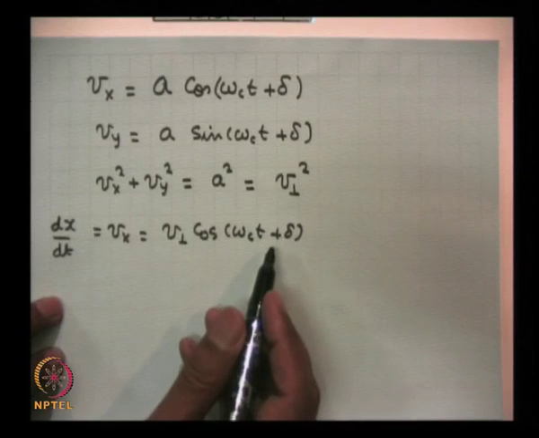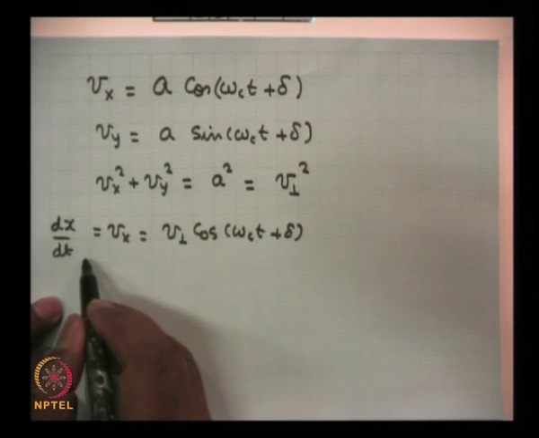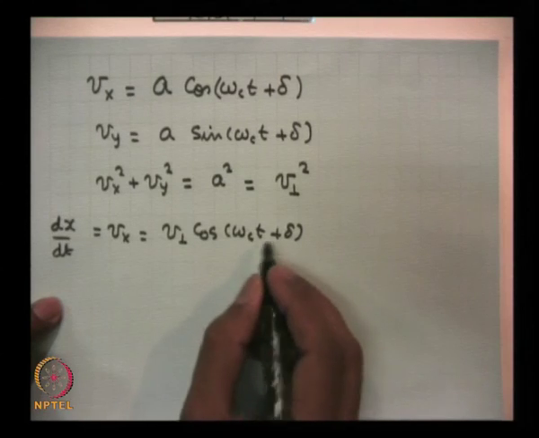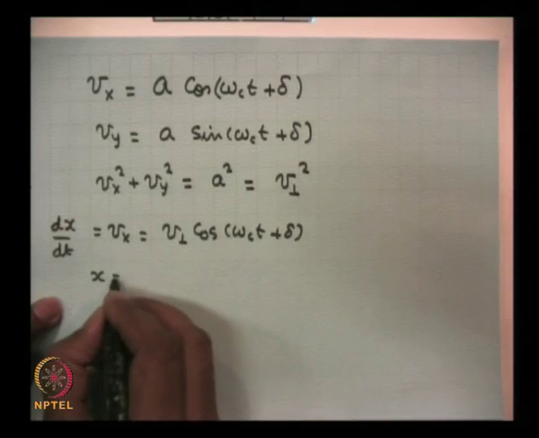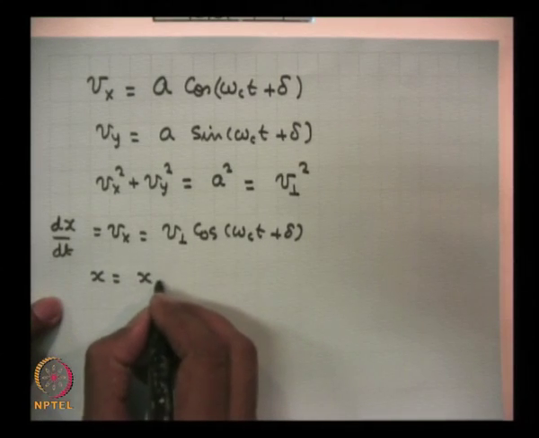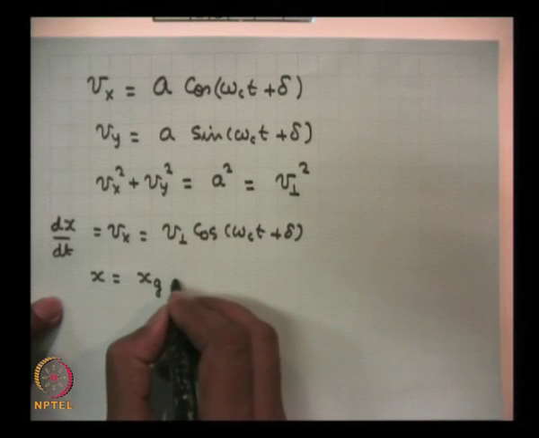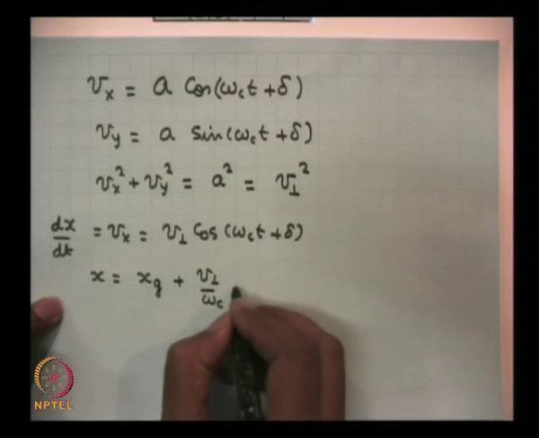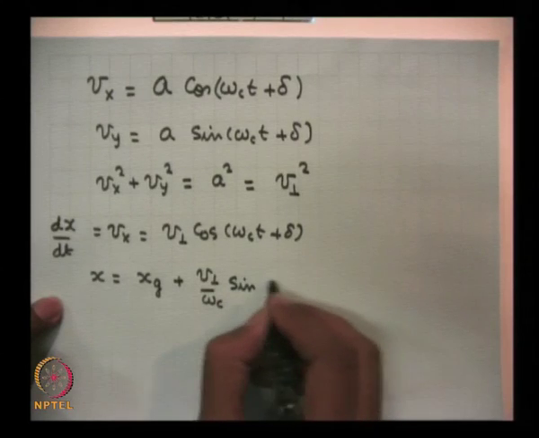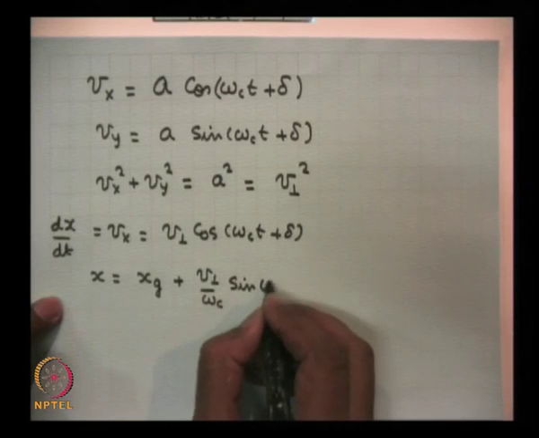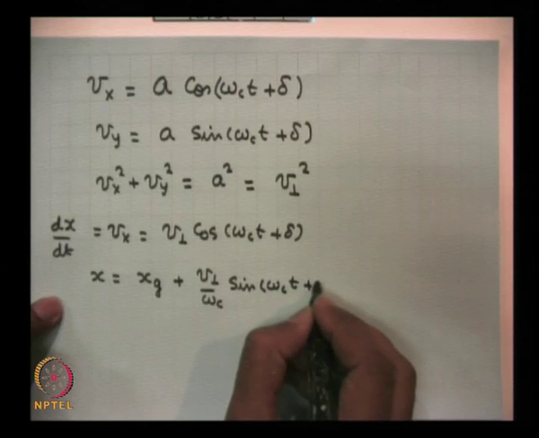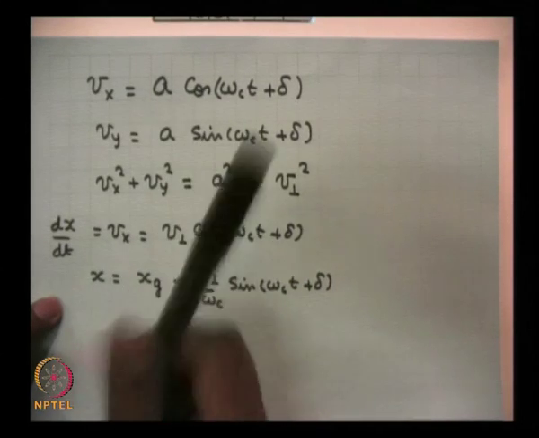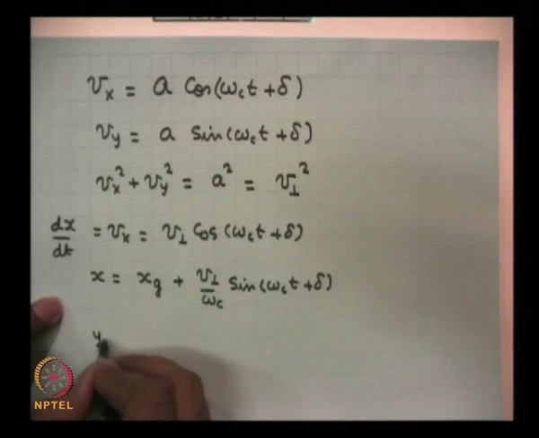So, I can integrate this equation to obtain x as a function of time, because V perp is a constant and this time dependence is simple. So, x turns out to be some constant, let me call this constant xg, plus V perp upon omega c sine of omega ct plus delta. And similarly, if you solve this equation for Vy, you will get y is equal to